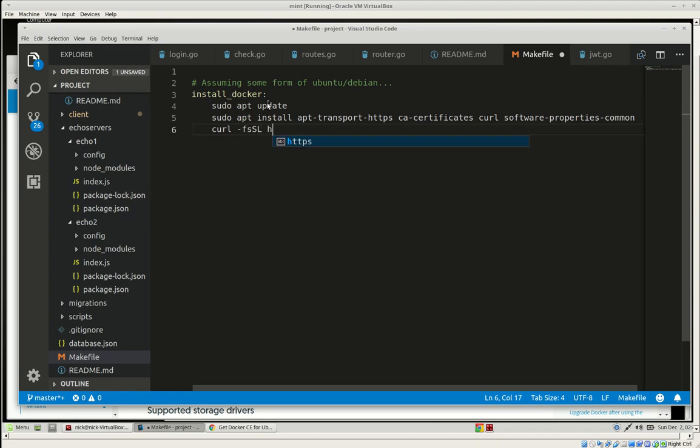Okay, now we're going to use that curl package to get data. SSL HTTPS download.docker.com Linux Ubuntu GPG. We're going to pipe that into apt key add. There we go. Once it's been added, we're going to add their unique key. So apt key fingerprint. And that is